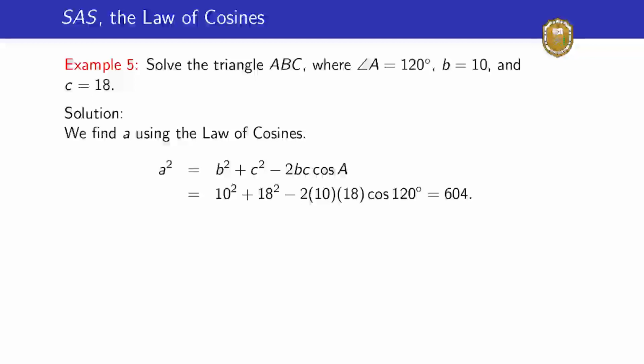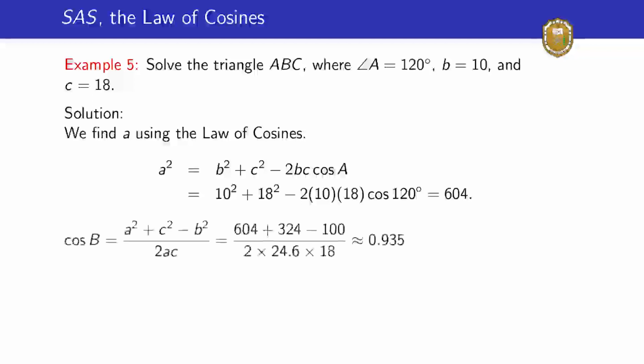Now, from the law of cosines again, we can see that cosine B is a square plus c square minus b square over 2ac. And that will be 604 plus 324 minus 100 divided by 2 times 24.6 times 18, and that will give